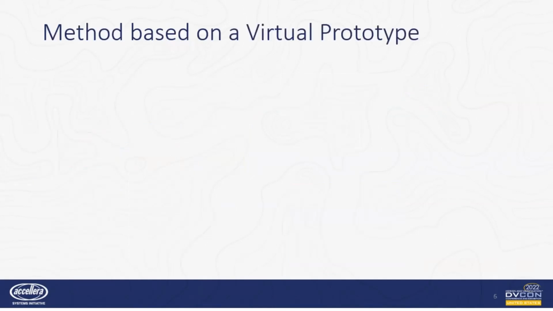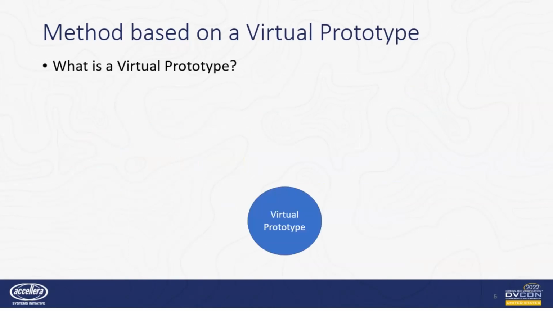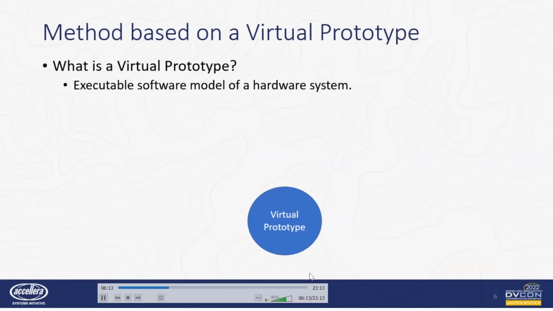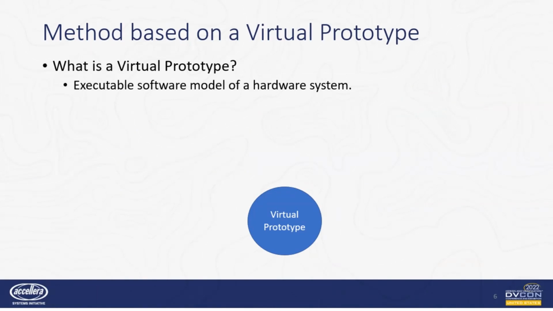Our methodology is based on a virtual prototype, but what is a virtual prototype? A virtual prototype is an executable software model of a hardware system that runs on a host computer. It simulates hardware at the level that is relevant for the software. CPU instruction sets, memory, interrupts, registers, and functional peripherals are part of it. As such, a virtual prototype provides a functional representation of the target system on which binary program code can be loaded, executed, and debugged, in a similar way that the software developer uses a development board.